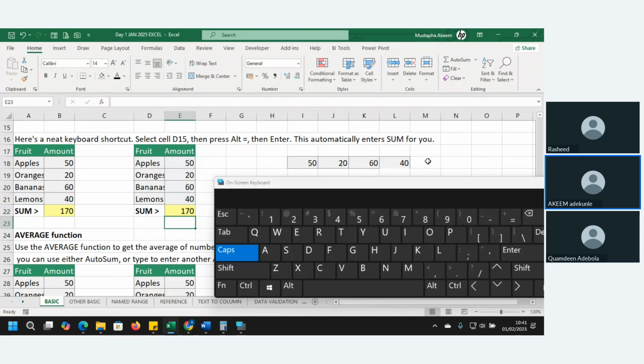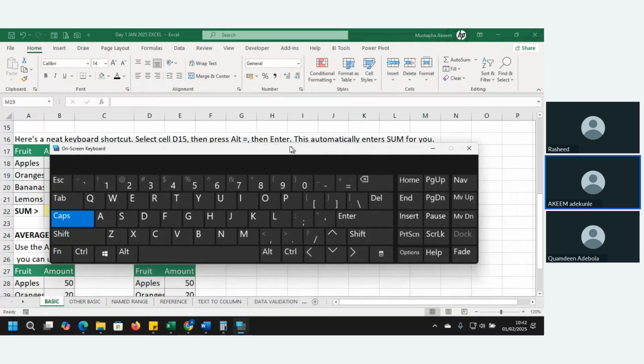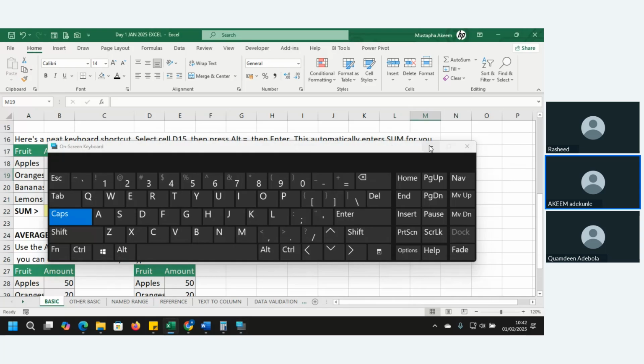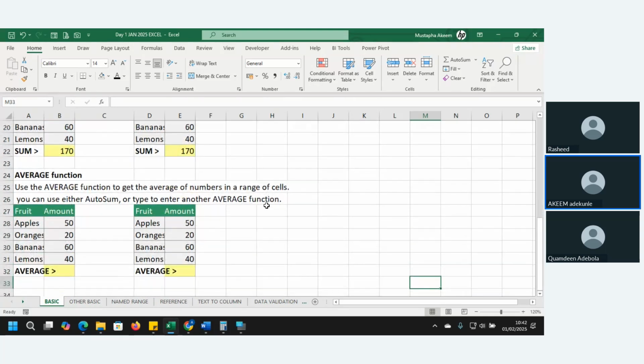That is it. If I come to this place and I hit Alt equals to, you can see that it's not looking at the top again. It's looking at the left. So when you have structured numbers, instead of typing a formula, just use Alt and equals to, and then it will do the remaining job for you. Is that clear?